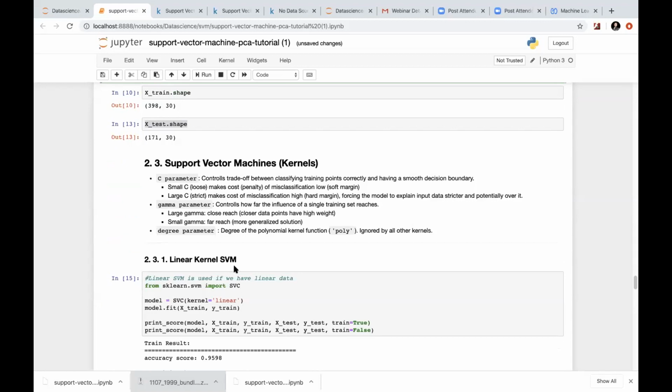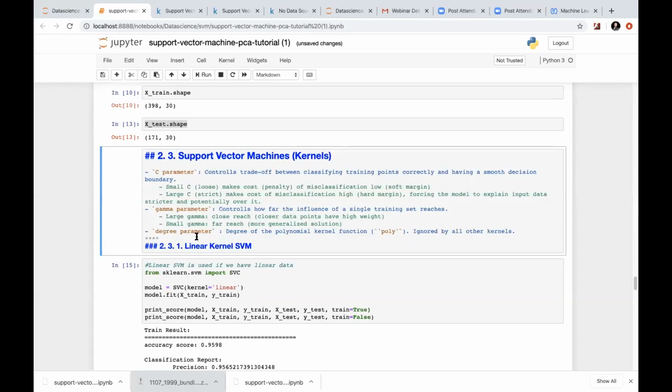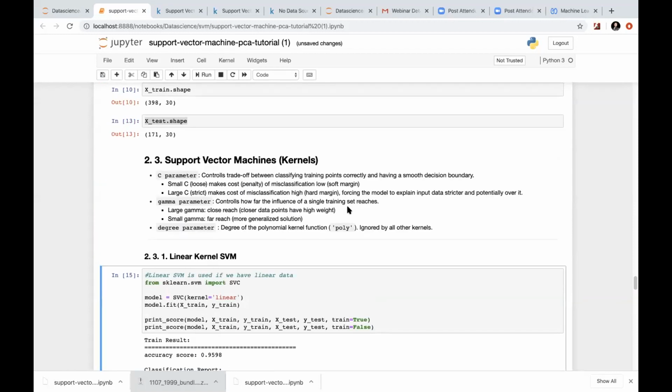Now let's come to these three parts. One is the C parameter, then gamma, and the degree parameter. So degree is the polynomial parameter, the polynomial thing that we have just discussed. So if you give degree equal to, let's say, 5, 6 or 7, it will try to calculate that optimal fit or optimal slab based on that degree.